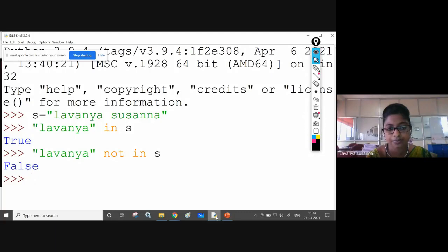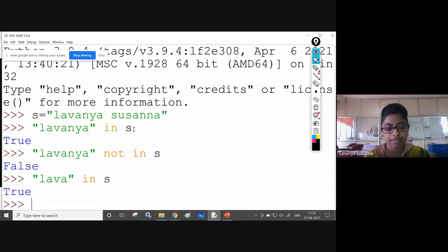See once again. Here you need to use some sequences. String is a sequence, right? List is a sequence, right? Tuple is a sequence, right? Now once again, see, I am giving another string, Lava. Is Lava in s? Whether the substring Lava is present in s or not. See here, what is the output you got? True. I hope you understand the membership operator, and the use of the in operator and not in operator.